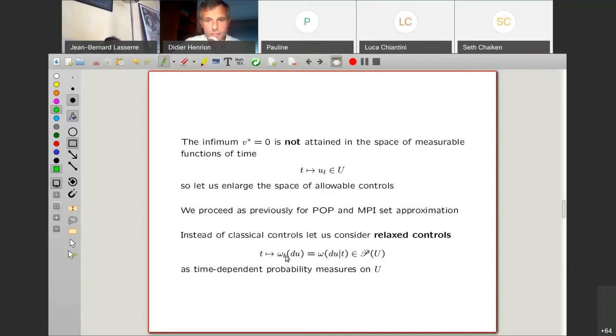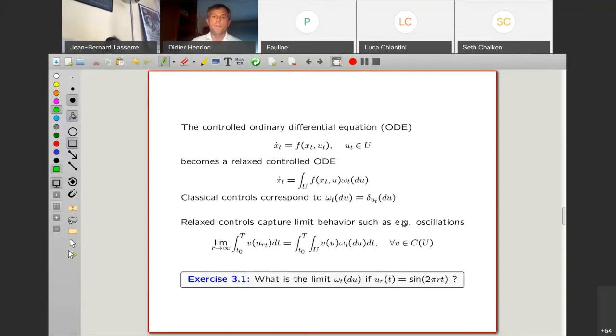It's a function of time. So as soon as I fix t, omega is a probability measure on u. If I change t, I get another probability measure. So it's a function of time. So if I now rewrite my controlled ordinary differential equation